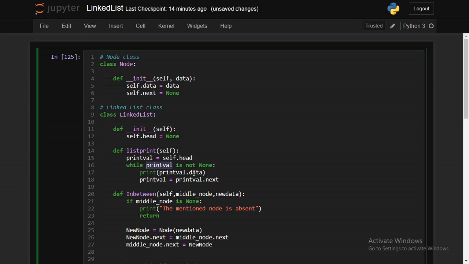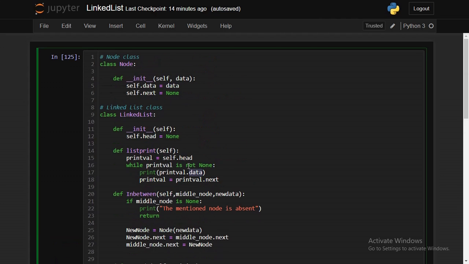That's what I'm explaining over here. While print val is not none, that is while print val still has some data and is pointing to some other data, continue this loop. Print val dot data. As print val is a node and it contains data, I want to print the print val's data.